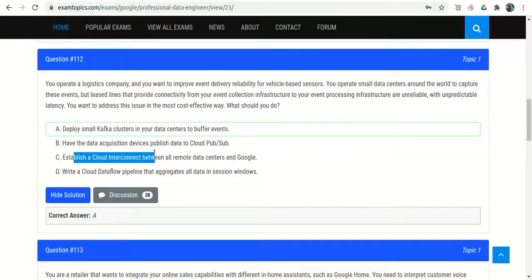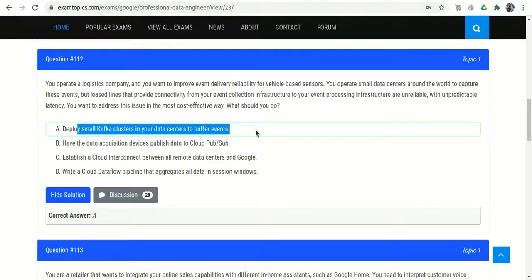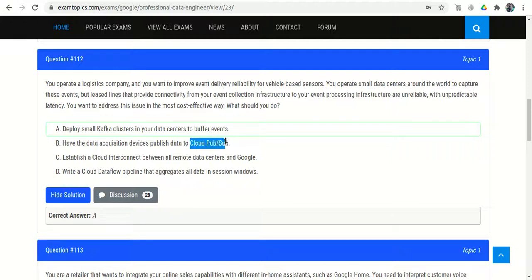So the cloud interconnect could be the answer, or we can deploy the small Kafka clusters. Either option A or option C looks correct, but I think option A is the correct answer. Why would we use the cloud when both data centers are on premises, with nothing on the cloud?